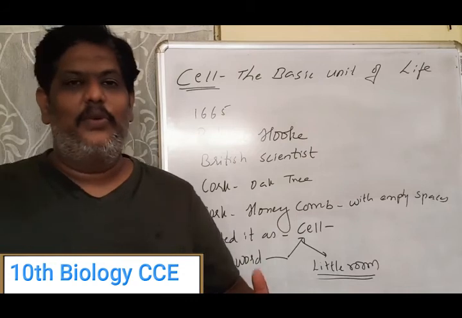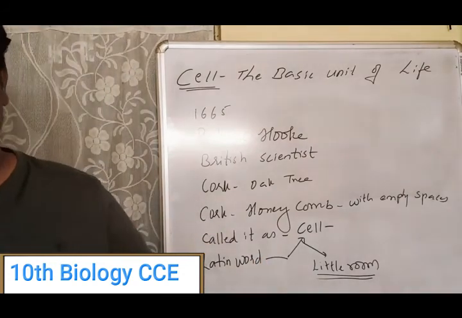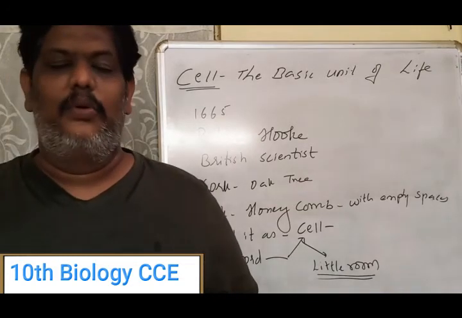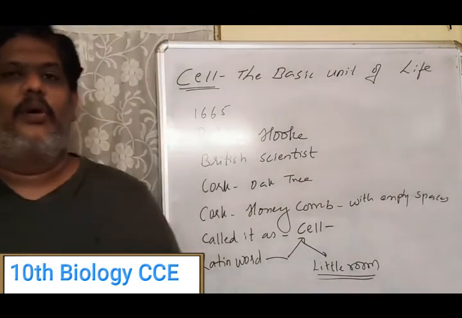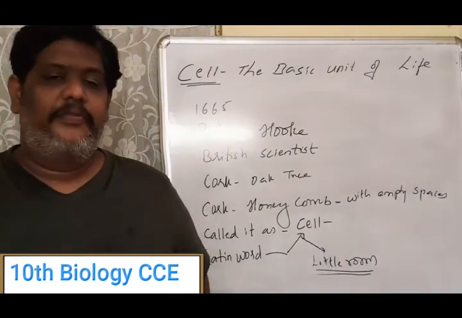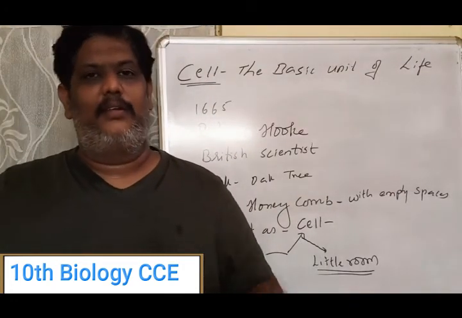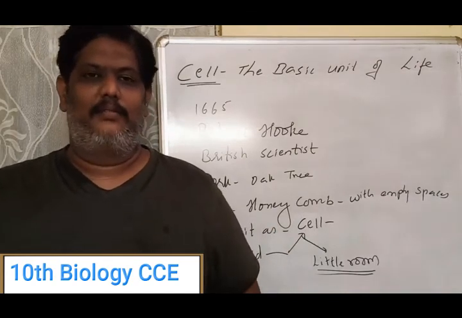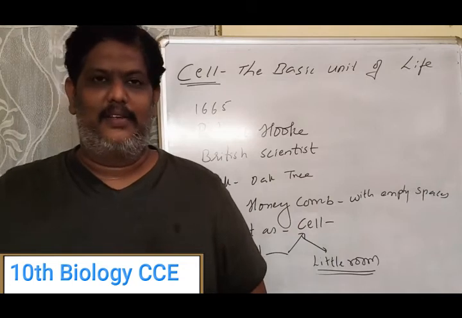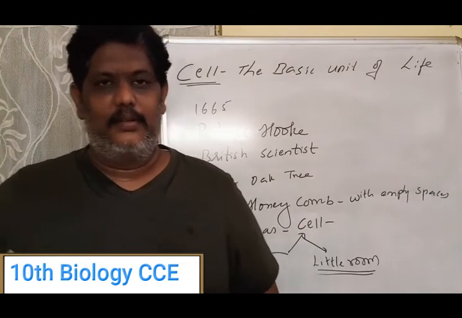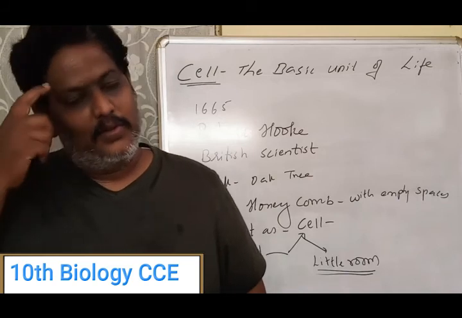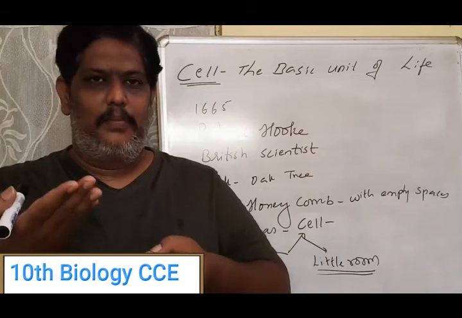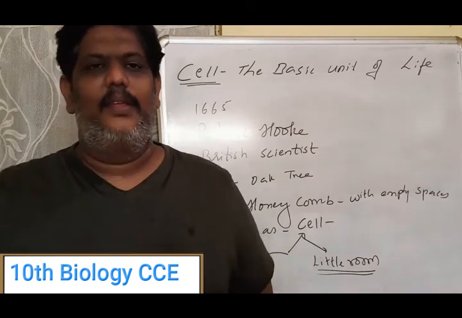Now we can do an experiment on ourselves. Let's do a small experiment to see the cells. For us, it will be a bit difficult to get a cork and observe it under the microscope. So what we'll do is take a matchstick, and using a blade or a surgical blade, we'll try to take a thin slice of the matchstick.